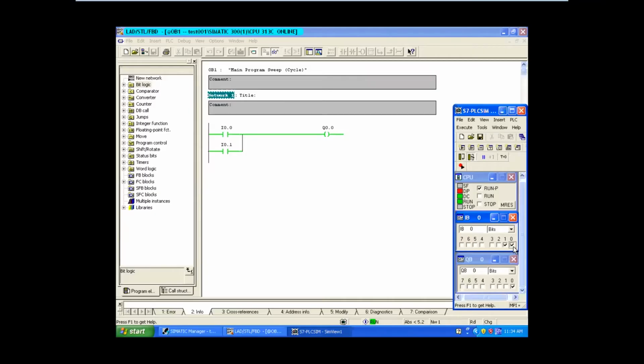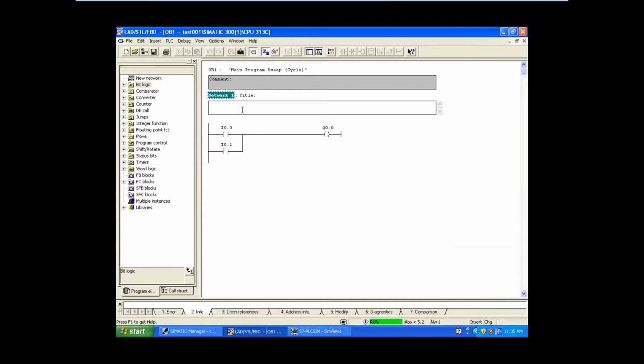Fine. So this is how we need to perform the OR gate. OR gate means if any one input is on, output needs to be on. It is like an option. So you can make use of normally open contacts in a parallel connection. Fine. So this is the OR gate. Correct? This is the OR gate.